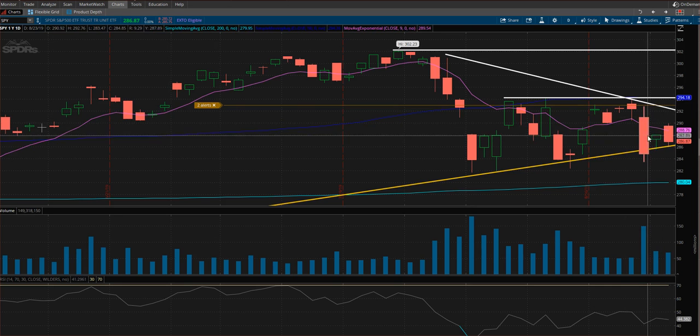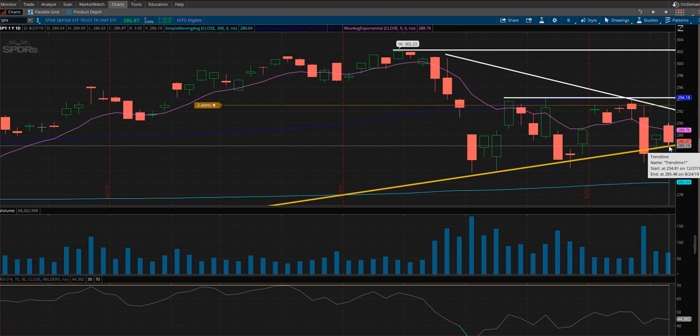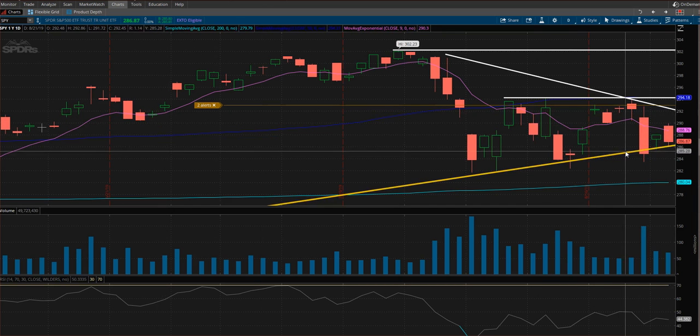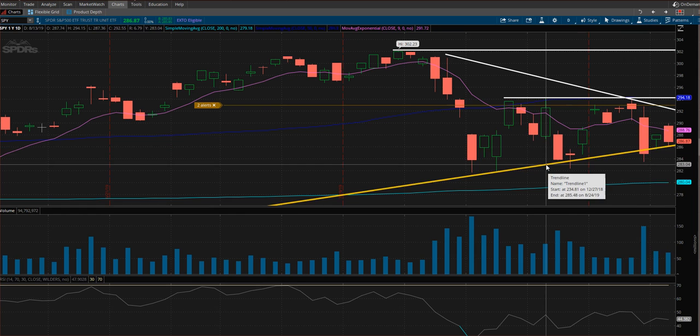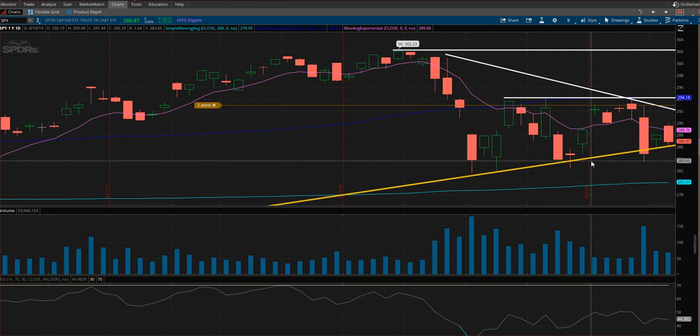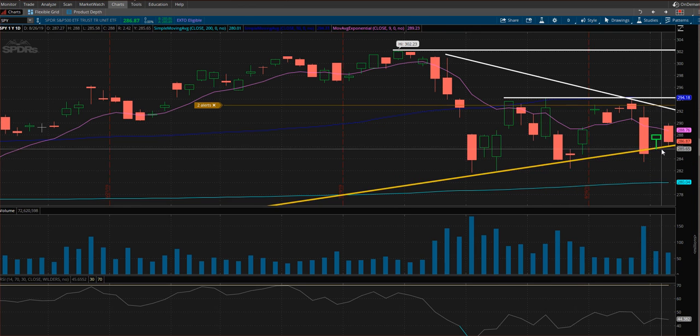One, we talked about the inside day that the overall market had 2 days ago, and so yesterday we saw a gap up. I tried to get filled in a couple of positions up here in the major market and didn't get those filled, but we saw that we gapped up and then lost all of the gap. We challenged this trend line, and the trend line ultimately held. Now today we're already at 285.80, so we are in this area right here, which is below the trend line, right? So it looks like we might have a trend line break, which means that for me, at least for a while, this trend line is going to act as